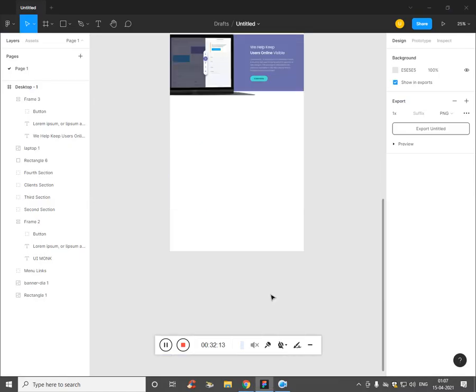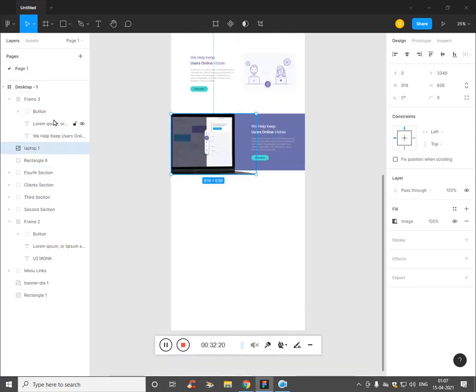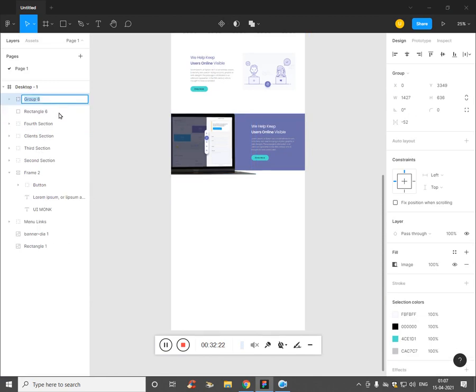Zoom out, let's create a rectangle first. So before creating a rectangle, let's name this section laptop and frame as 6th section.